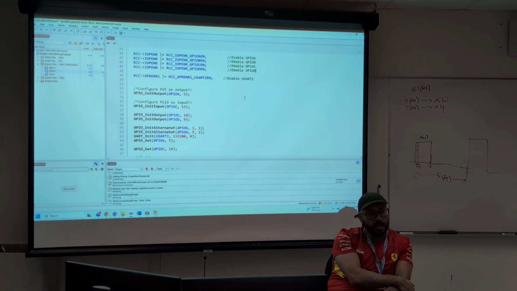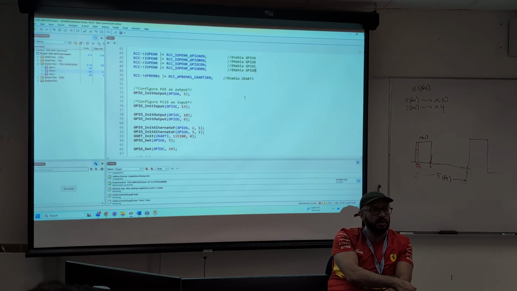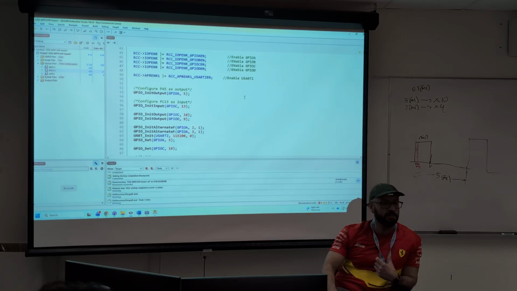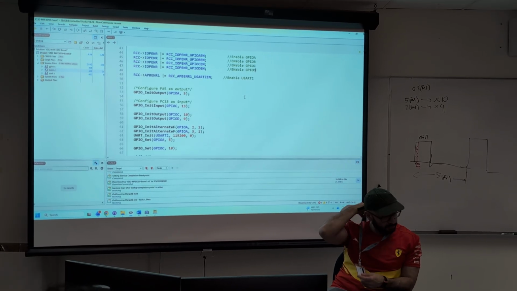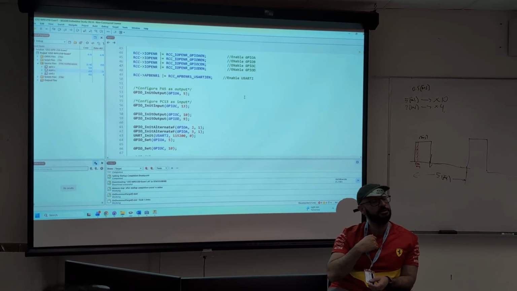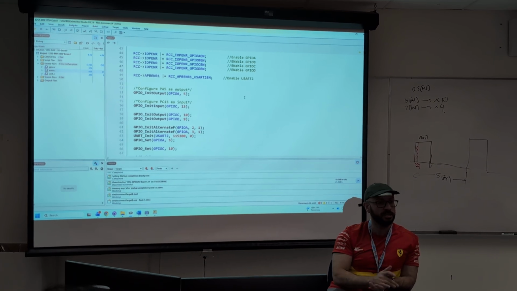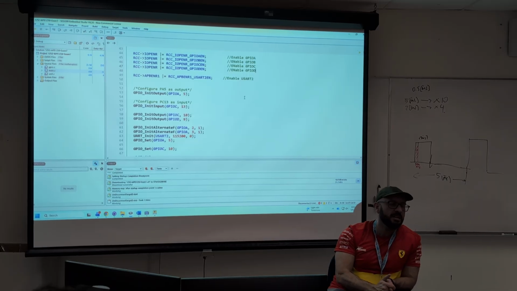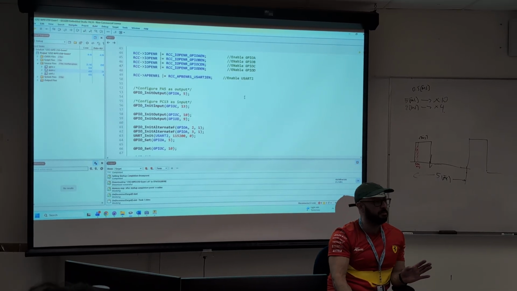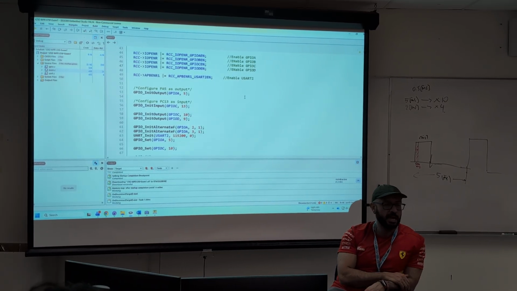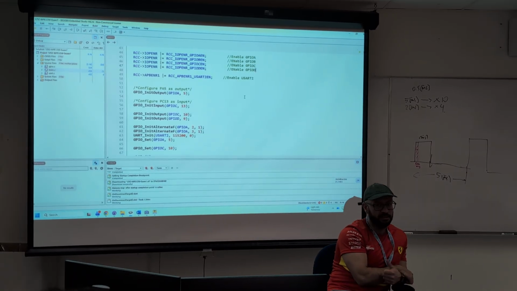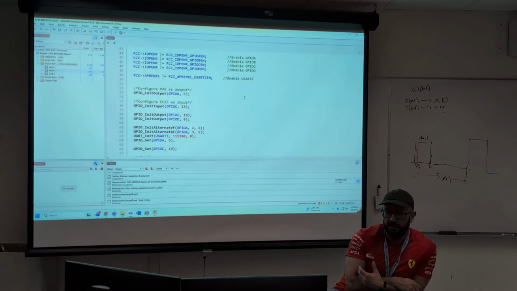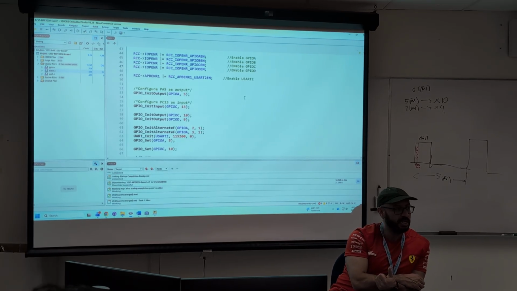Now, what I noticed for this exam, I haven't even looked at the exam yet, so I don't know how you guys did. The other section did pretty well, which can probably tell me that there was some inside information arriving to the second section, since I didn't change a single comma of the exam. It was exactly the same. But that doesn't mean that the next time it's going to be the same. Honestly, it doesn't worry me too much, because next time I can swap things around and see what happens, or I can just write 2 totally different exams. So that being said, the ones that wrote it first obviously are the ones that had it harder.